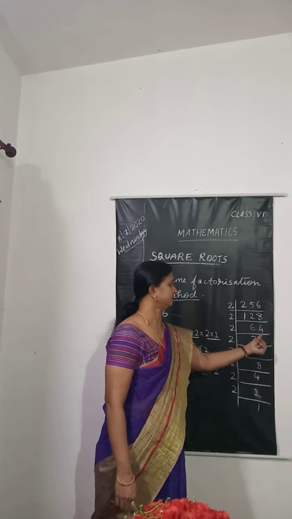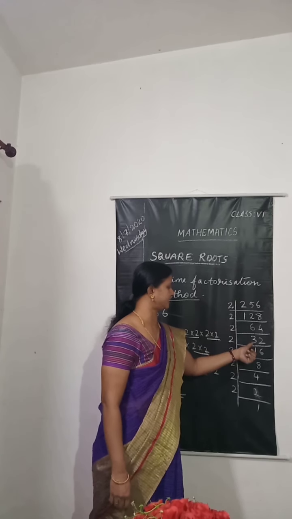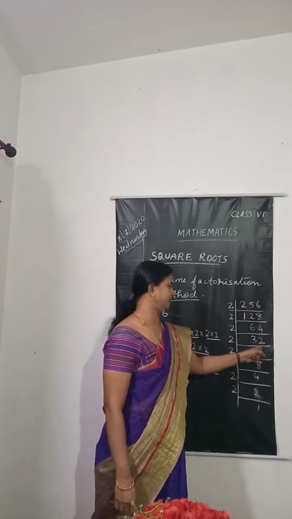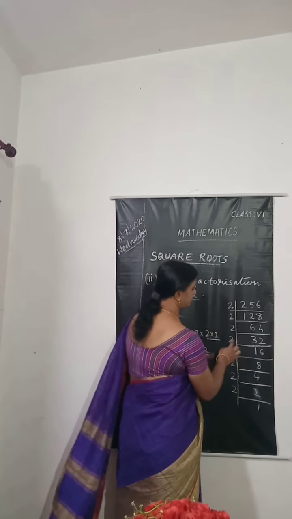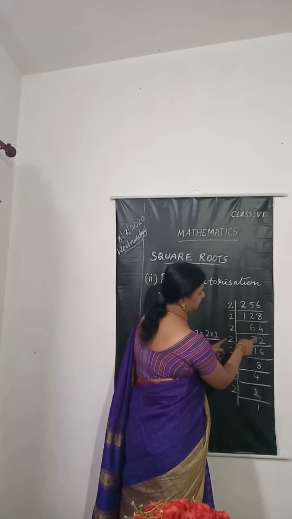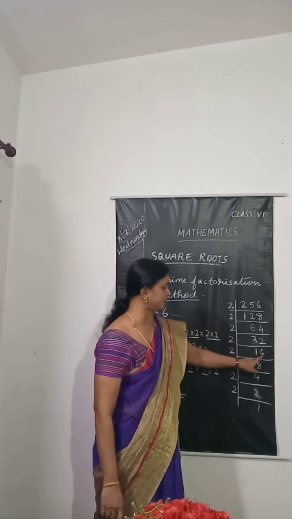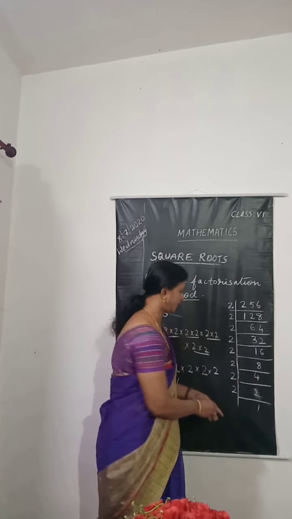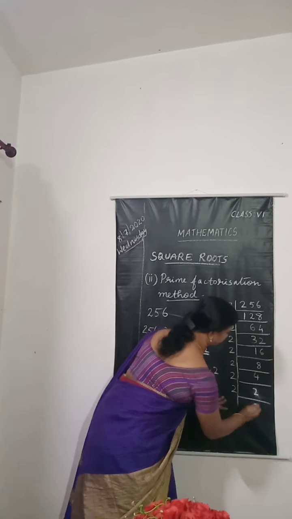Again, the number ends with 4, so you can divide it by 2. 6 divided by 2 it is 3. 4 divided by 2 it is 2. Here again divided by 2. 32 divided by 2. 3 divided by 2 it is 1. Here 1 into 2, 2. Here it is 3. 1 will be remaining, that comes in front of 2, so that you are dividing 12 by 2 in the next step. That is 12 divided by 2 it is 6. Next 16 divided by 2, 8. 8 divided by 2, 4. And 4 divided by 2 it is 2. 2 divided by 2 it is 1.